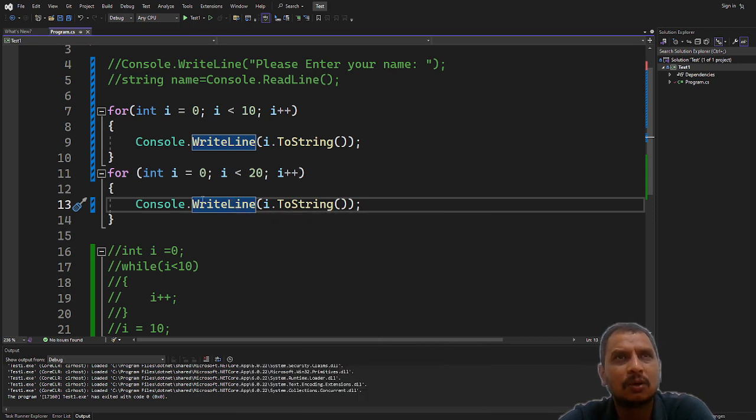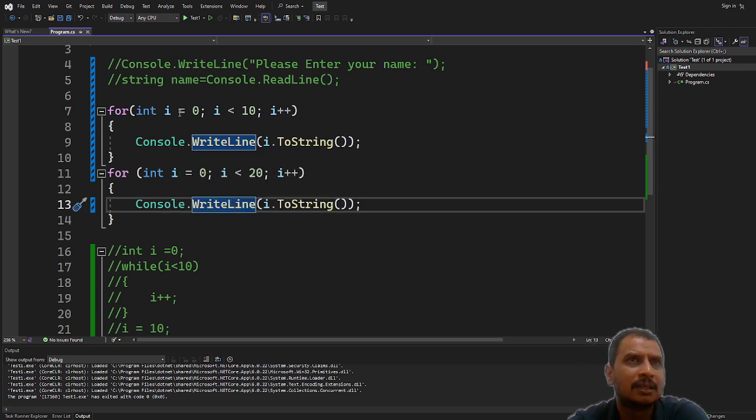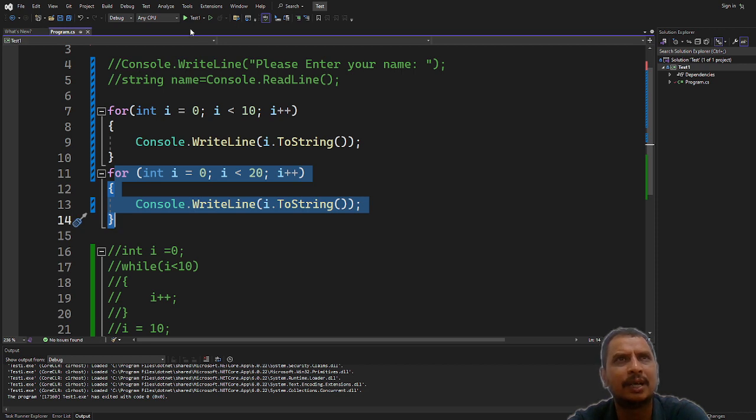Okay. So here you see there is no conflict. This i and this i, usually when we are using two variables with the same name, it should give an error, right? But here it is not giving an error. Why? Because this i's scope is within this only. Similarly, this i's scope is within this only. If you run it and see,